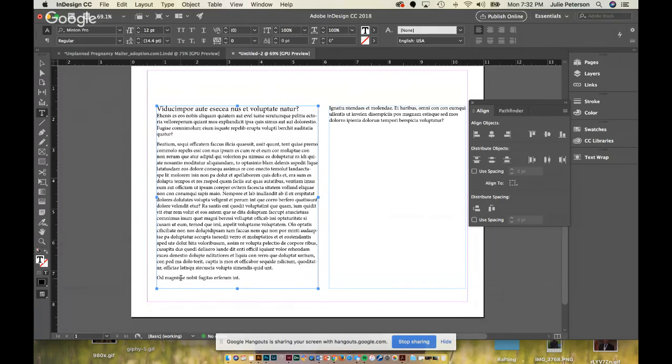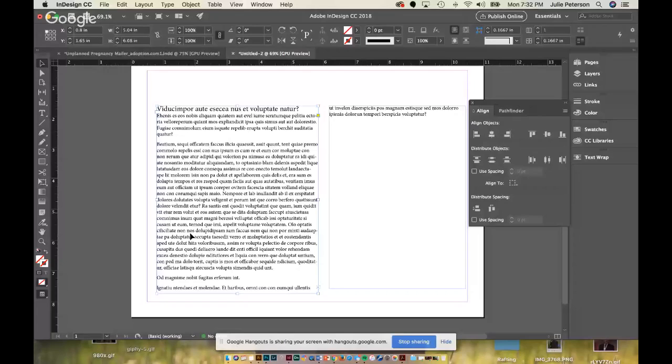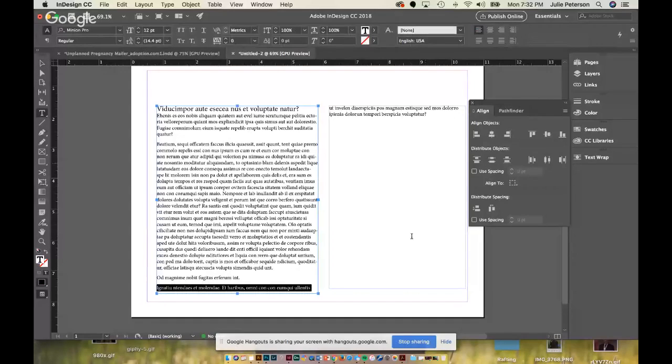And then the other thing is orphans. So right here, actually, let me create an orphan real quick. An orphan is the beginning of a paragraph with a line by itself, or the end of a paragraph with a line by itself. So if this line was all by itself. So you want to avoid orphans. It's another one of those body copy rules that you need to follow.